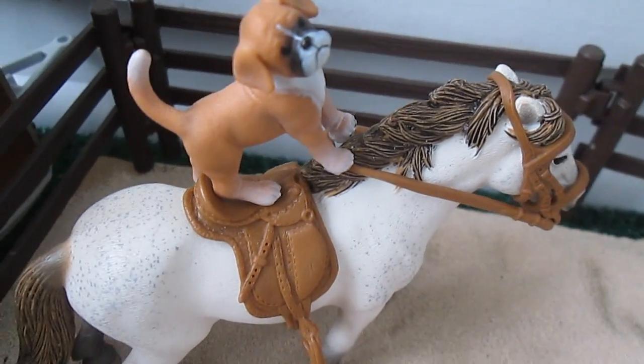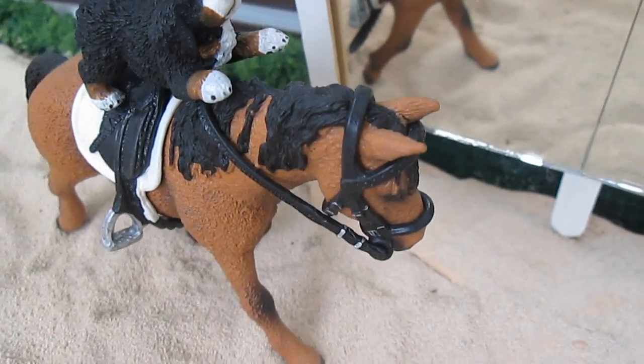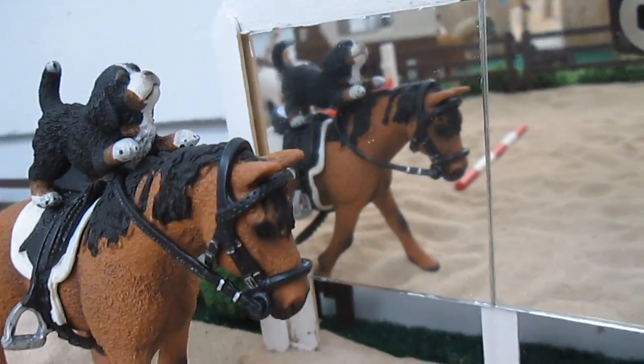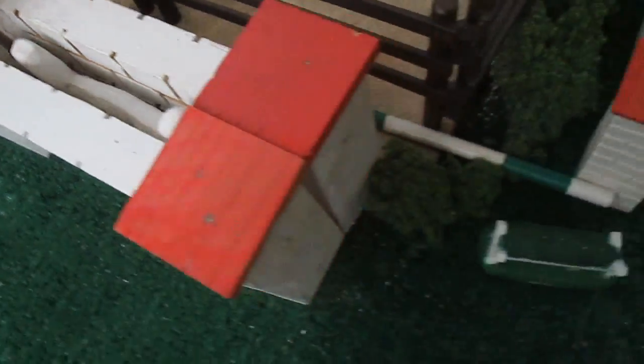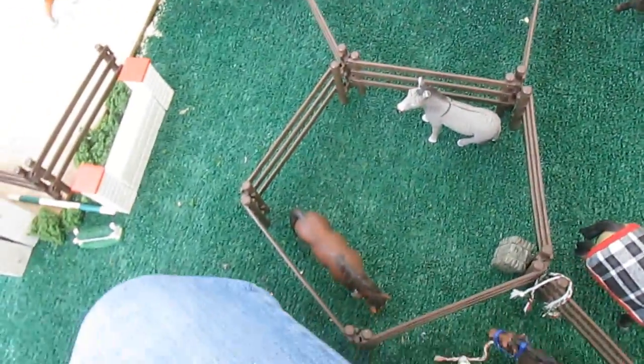Then here we have this jump, and then here is, I think his name's Baxter, and he's riding Caramel. And then here we have Caroline, she's riding Holiday. And then we have that cute little mirror there that I love so much. And this is just kind of where we keep all of our spare jumps. Then we have these little paddocks, and